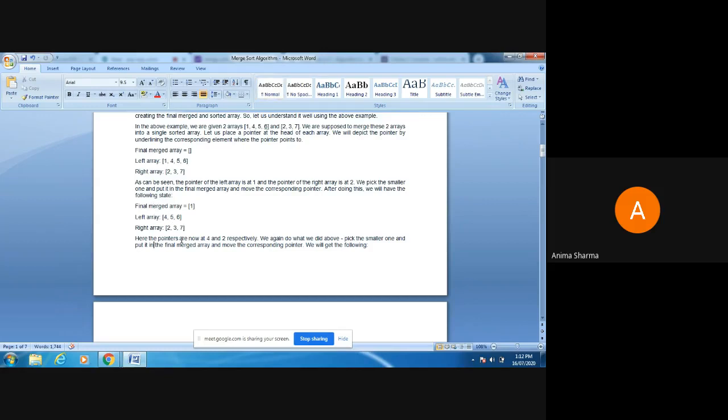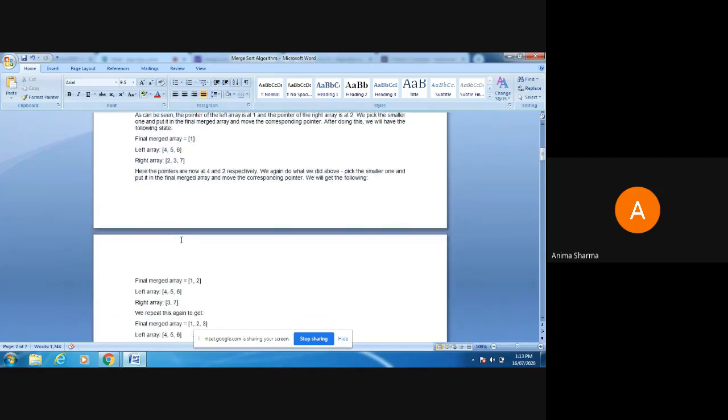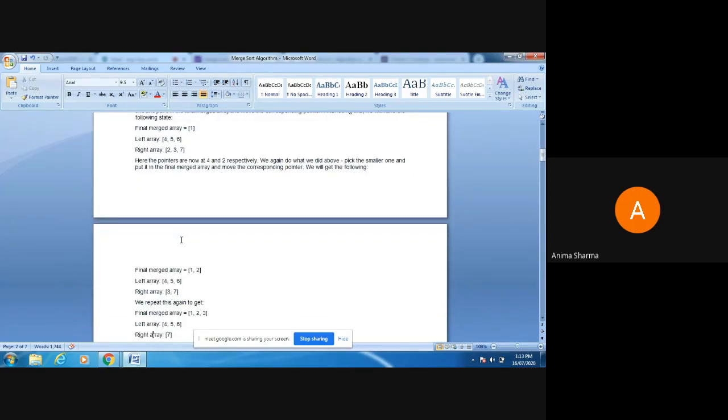Again, we compare the first elements of the two arrays, that is 4 and 2. Here we can see that the element of the right subarray is less than the element of the left subarray, that is 2 is less than 4. So 2 will be moved to the finally merged array.